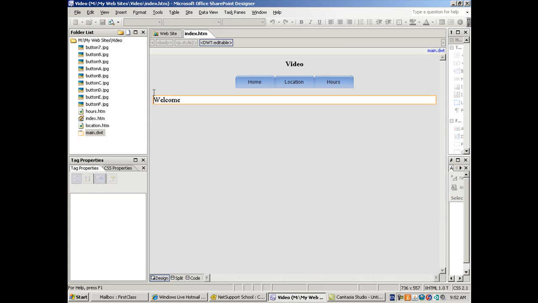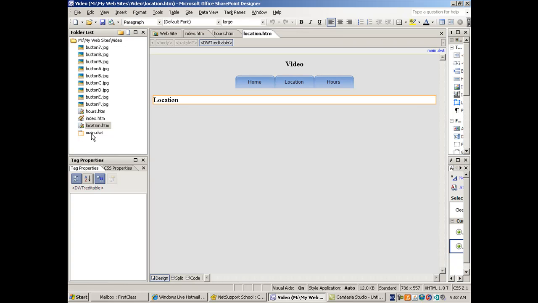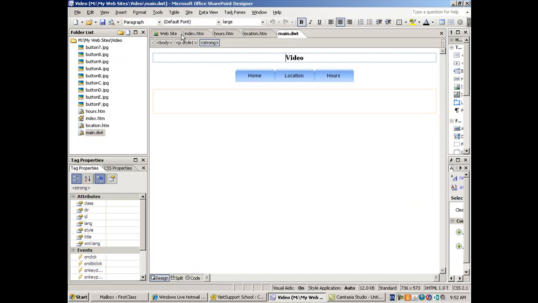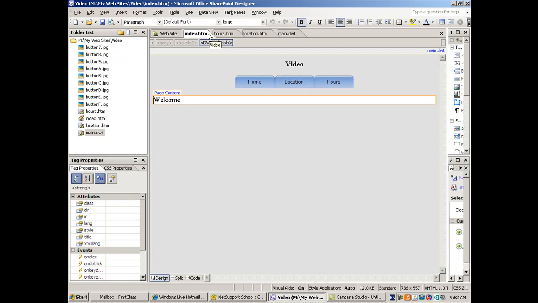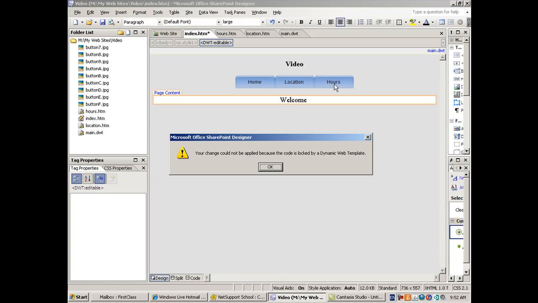I'll open up the home page, and I'll open up hours and location. And I'll open up the dynamic web template as well. So now going back to the, let's say, the home page, we've got the word welcome here. And of course, if I wanted welcome to be centered on the page, I can go centered, and that's centered on the page. And now when I'm trying to hit enter, it's telling me that I can't change it because